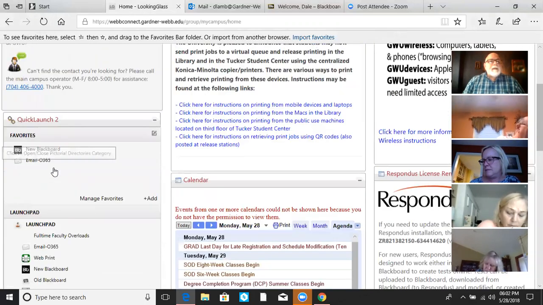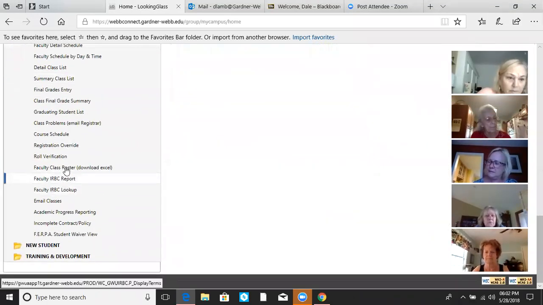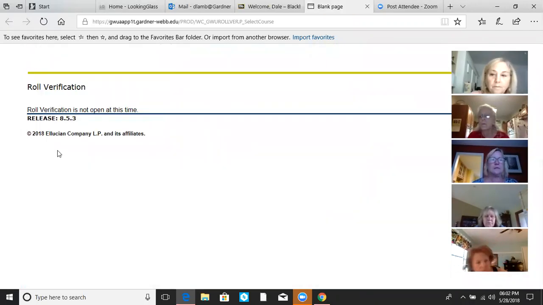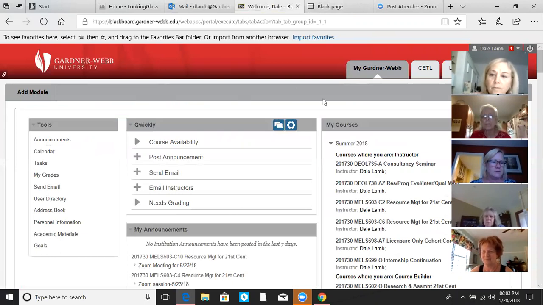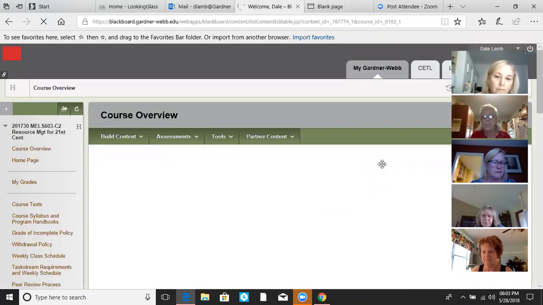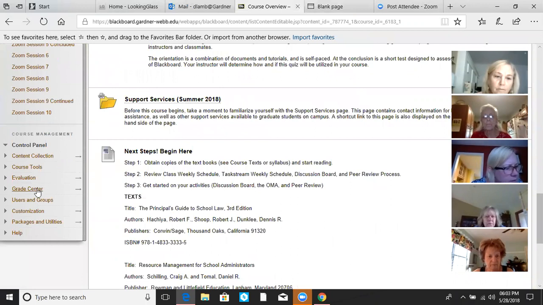Here's where you do it. On Looking Glass, this is Banner. Under Web Connect, go to Manage Classes, and here it is. Right now, as you can see, it's not open at this time, but that's where you go to do it. You do it for your classes based on one of two things. Let's say I go to my C2 class, and I go to Full Grade Center,